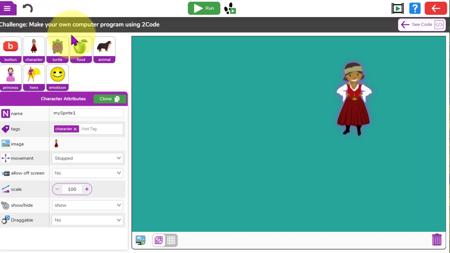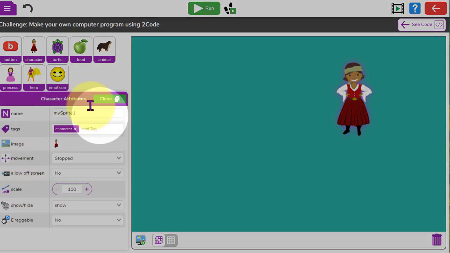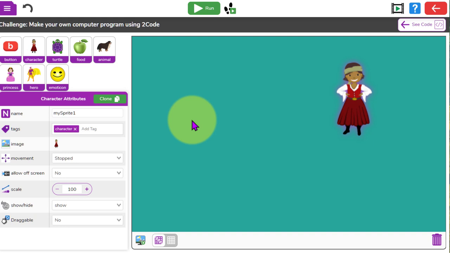So I'm in design mode here on 2Code, and what I've done is I've dragged a character object into design mode, and when I click onto the character object you can see this table of attributes is produced over here on the left hand side of the window, and you can see it says character attributes at the top. So what are the most important parts within these character attributes? Well, that depends on what you're wanting to do really, but if I go to where it says see code now,